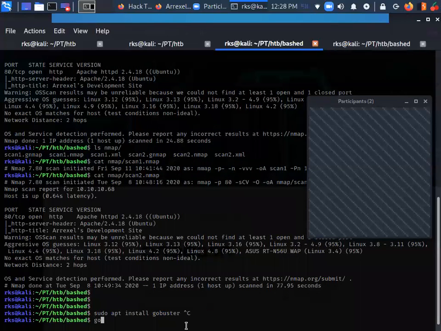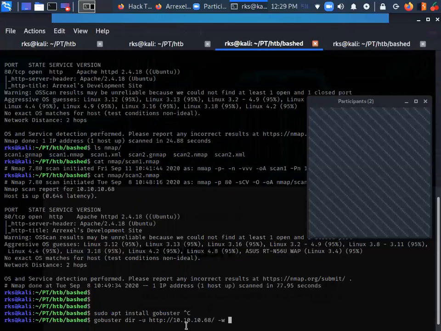So let me show you how you can use the tool. Let's type gobuster dir -u. The -u flag is for the target URL, where you want to brute force. Followed by the -w flag. The -w flag is for the wordlist.